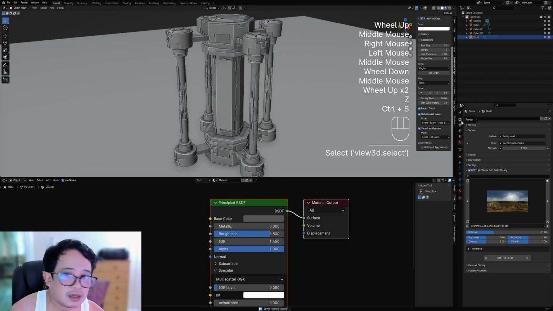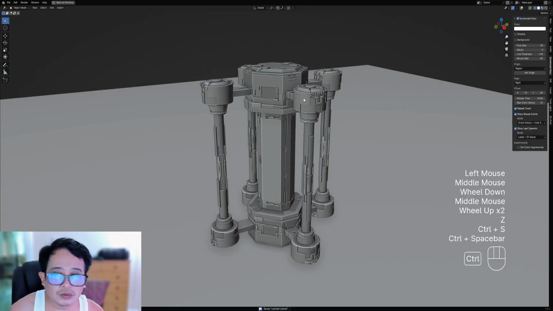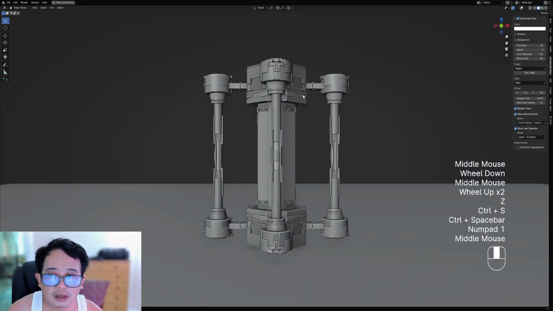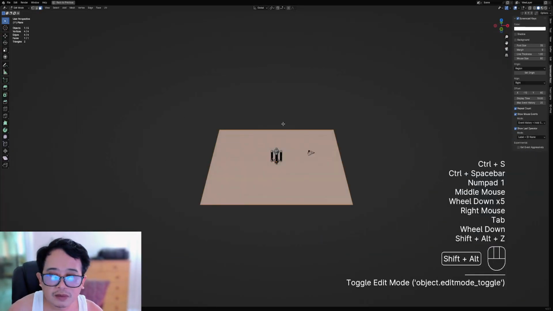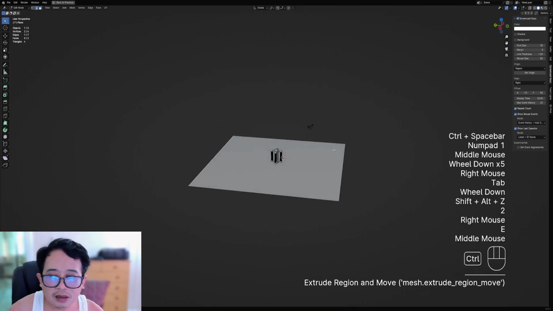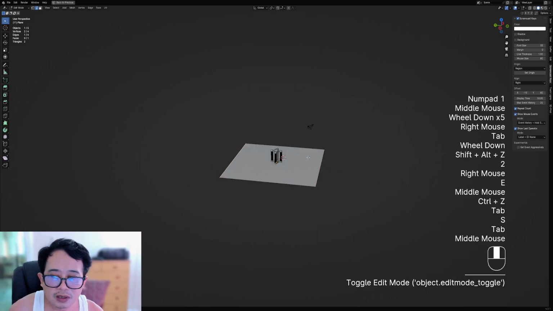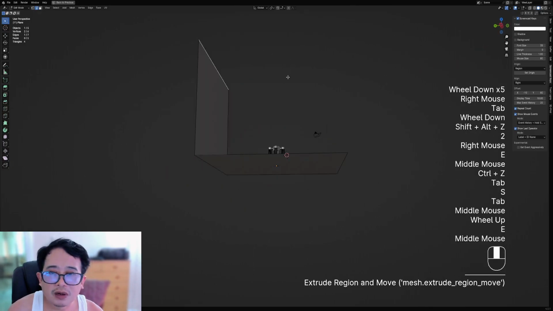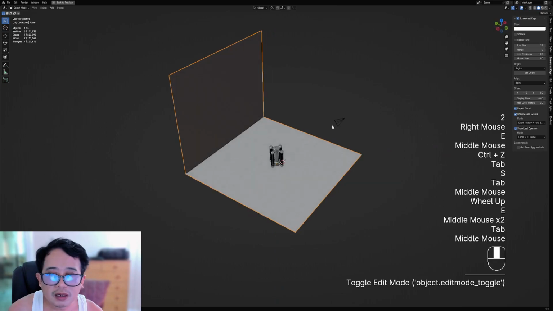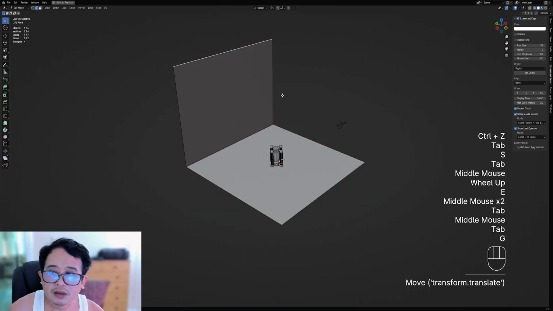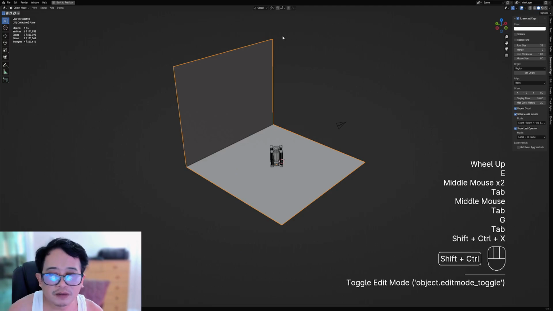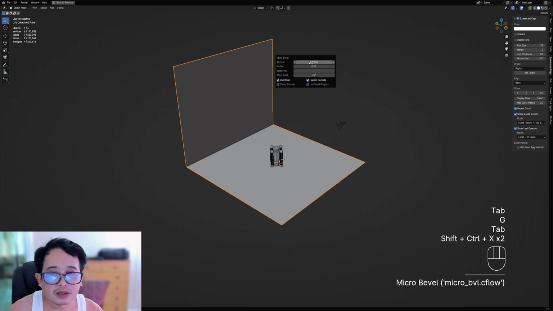Okay, let's go to front view 1, and then this part here we're going to make smaller. This part here we're going to make a back wall, and then use the bevel to make this softer. So micro bevel, use bevel, the normals, increase the amount, and increase the segments, something like 6 or 8. Okay,